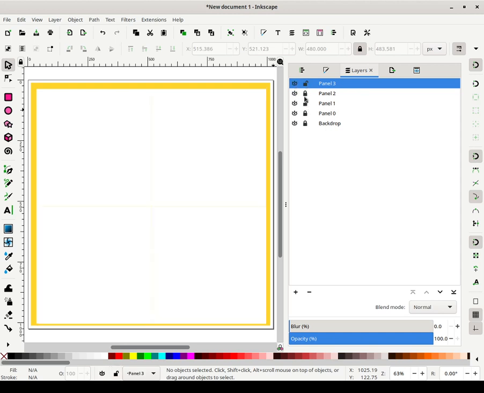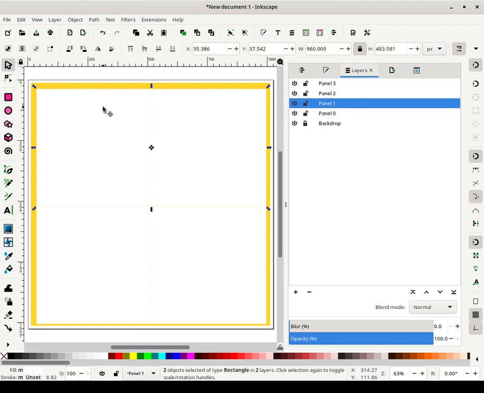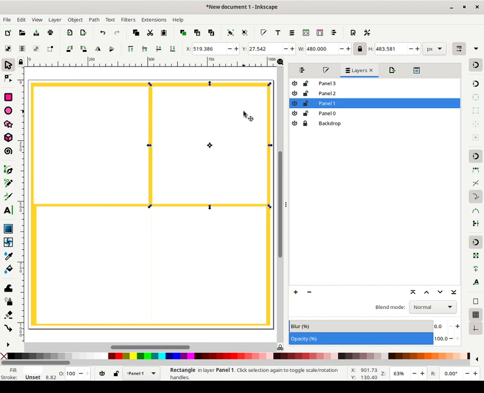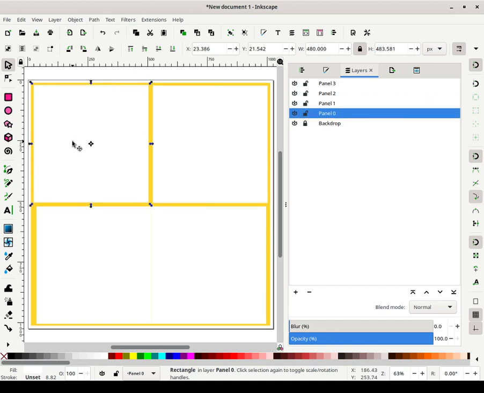We're going to unlock all of these. Doing is I'm just putting these in a rough sense where I want them to be in relation to the background.